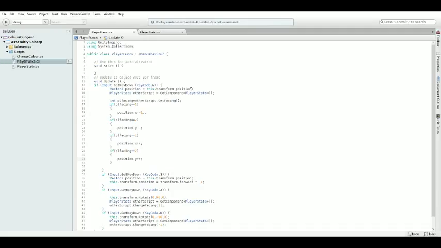Position. So this transform position. This transform position equals position. I'm gonna have to Google moving again. I did that the other day. Okay. Unity move